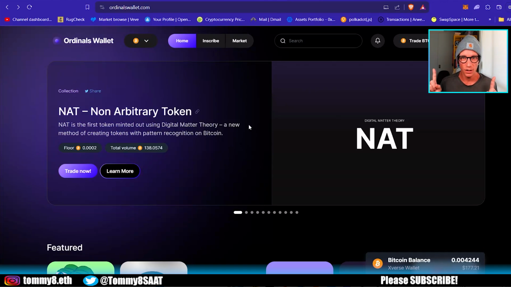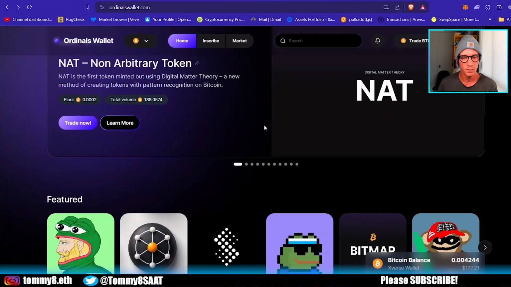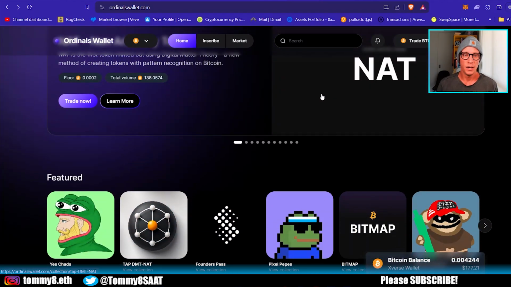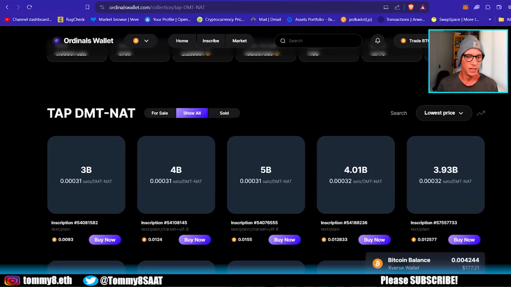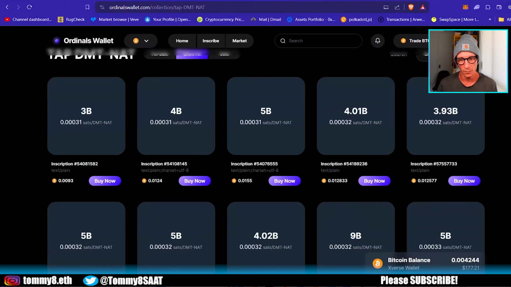They're the first of these tokens. That's why I bought one, and you can go and buy them here in the Ordinals wallet if you want, or Magic Eden. It depends how much money you've got, but I just bought a 500 million one, because you're paying